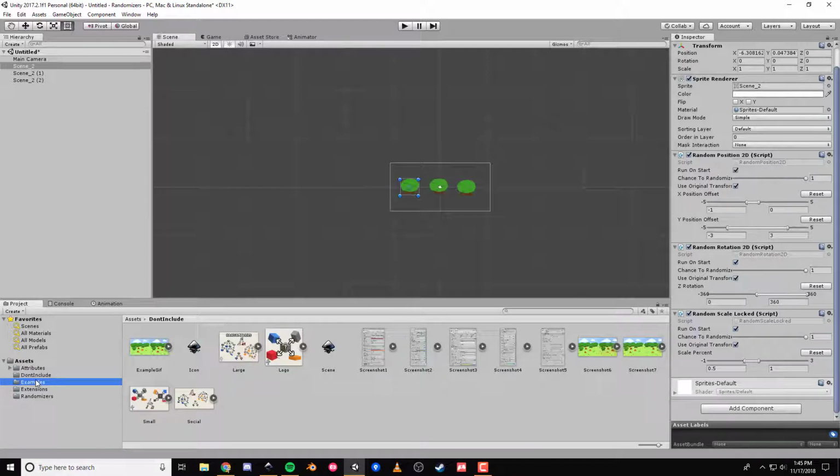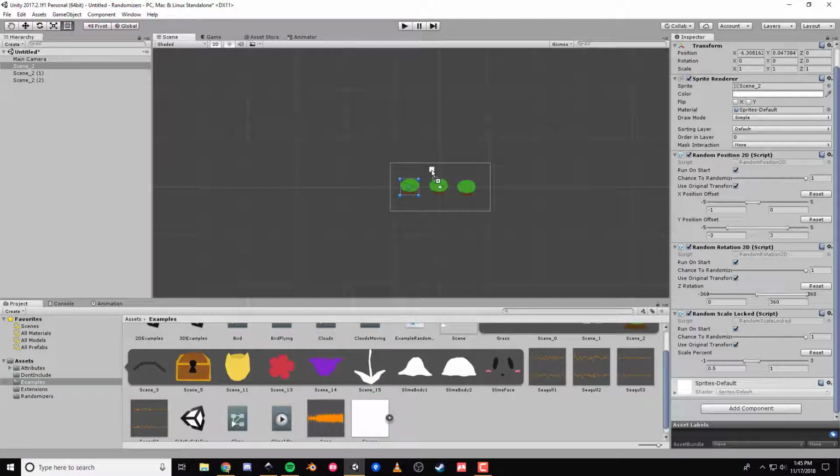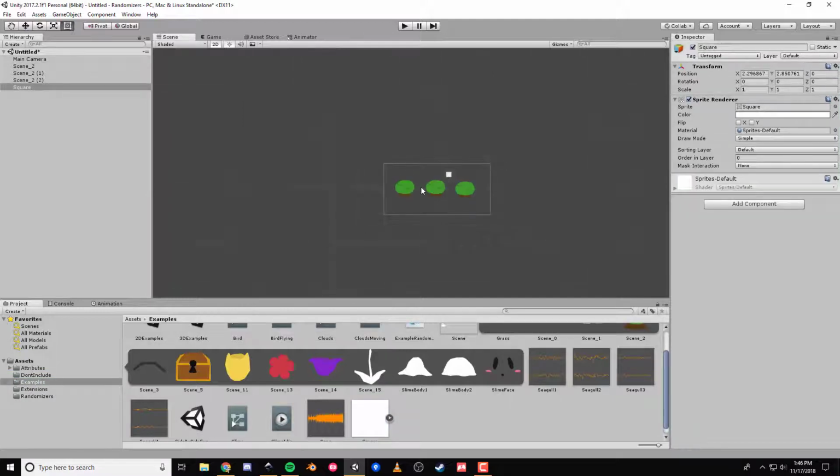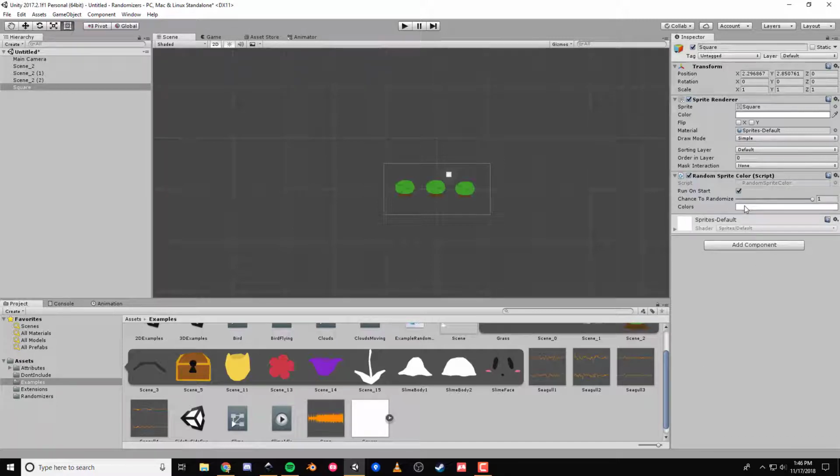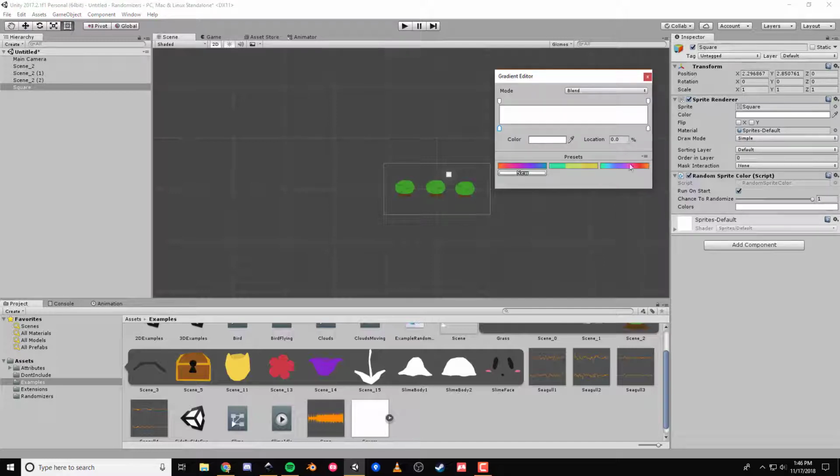Another cool thing we can do with color is random sprite color. So let's say we've got this white box here, and we want to give it a random color. So I've got these ones basically set already, but with this gradient editor here, you can choose a full gradient, you can make a list of colors,